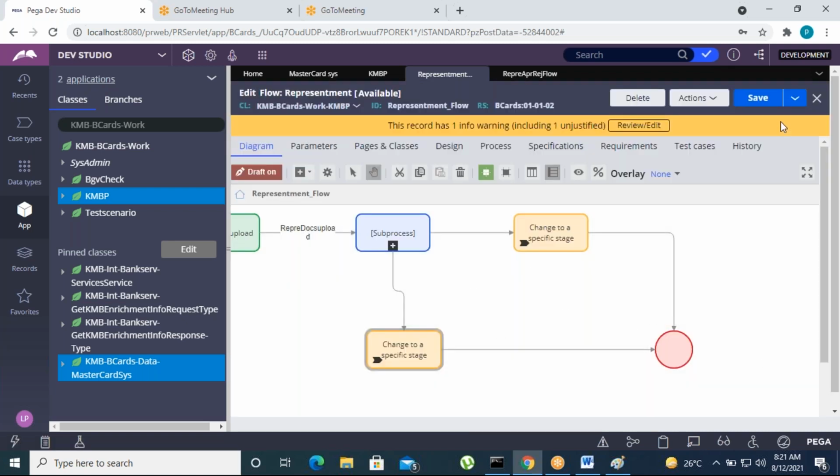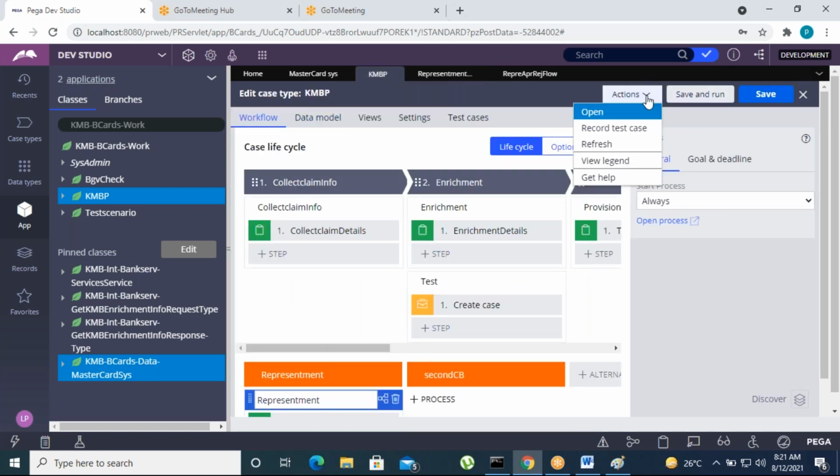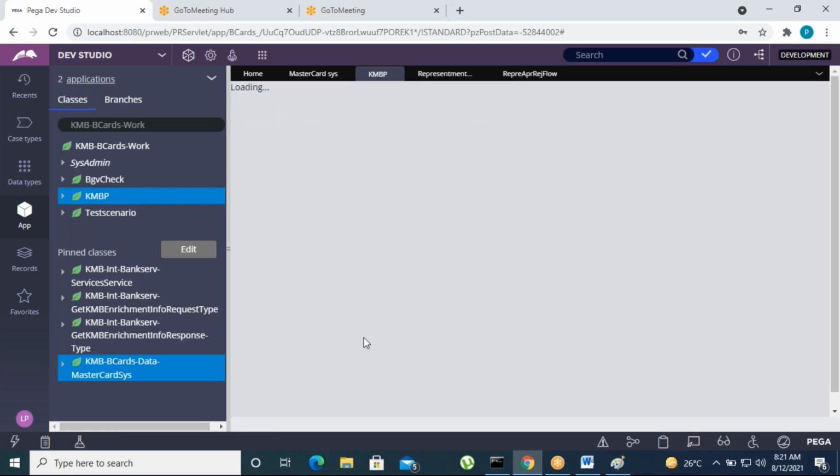Now both are in the end. This is how we can call one flow from another flow by using subprocess. I told you in the introduction of flow types, the term subprocess, subflow types. Okay, now we'll go back to the case type and then refresh the case type, then check once.